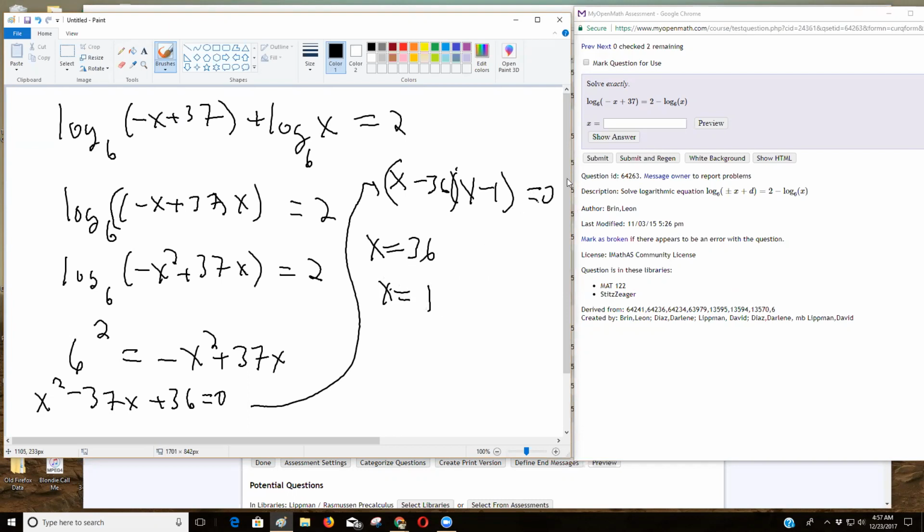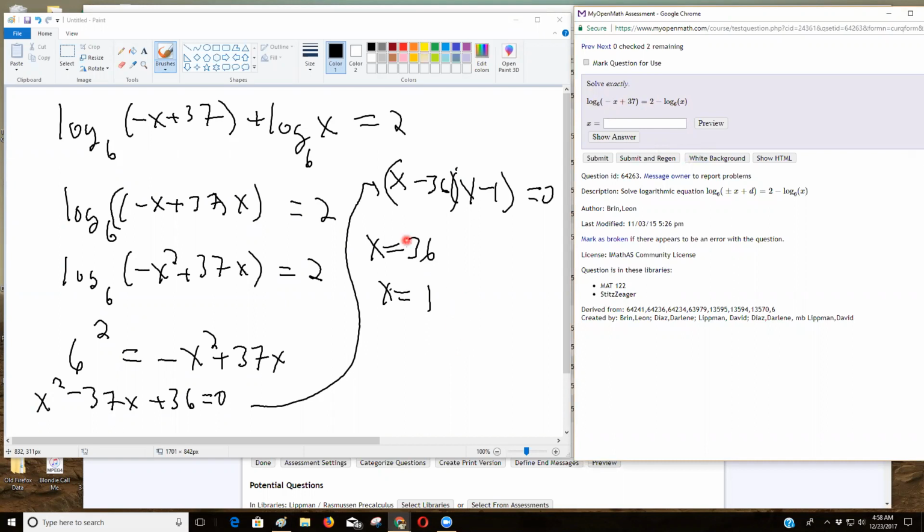This becomes, let's substitute in 36, log base 6 of negative 36 plus 37 is 1. So let me get a pointer going here. Annotate pointer there. So if I drop in the, if I put in the positive 36 here, that becomes 1, and 6 to the 0 is 1, so that expression is 0. This expression, if I substitute in 1, I get 0. However, 0 is not equal to 2, so